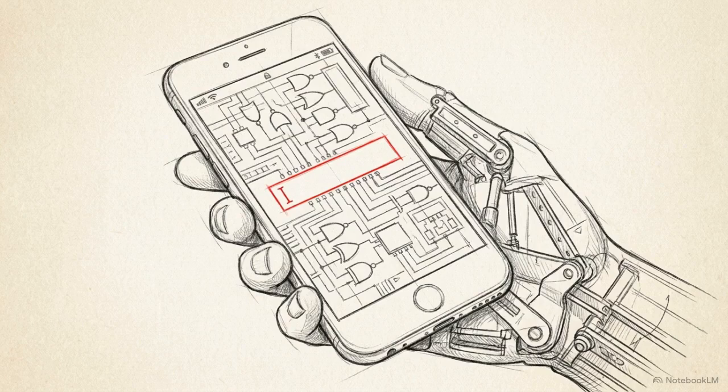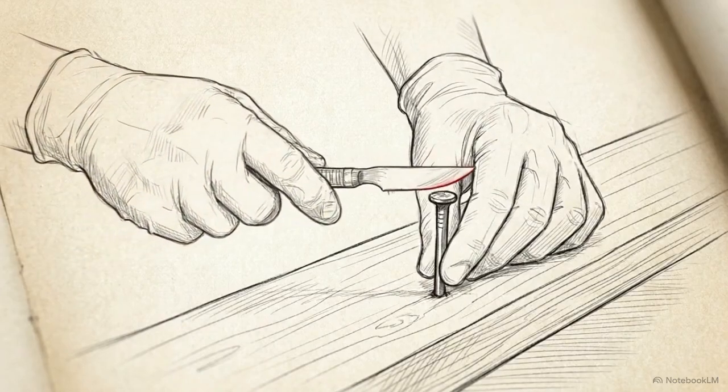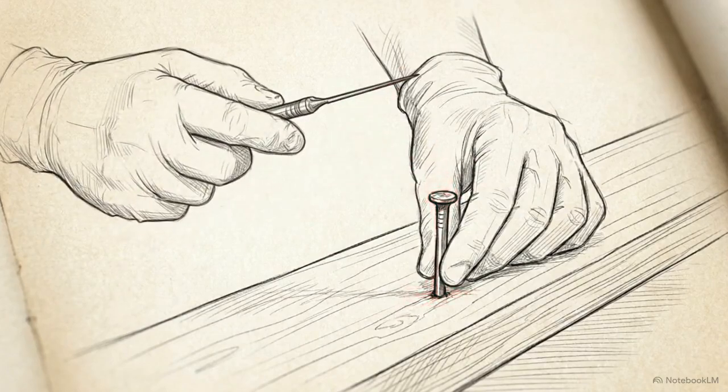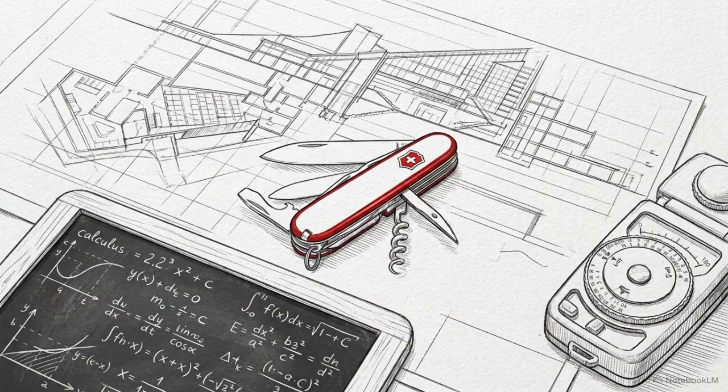We want our technology to be simple. We expect to open a single app, type into a single chat box, and have an AI instantly solve our math problems, write our code, and paint a masterpiece. That expectation leads millions of people to buy one monthly subscription to a giant, all-knowing generalist model. They rely on it for every possible task, assuming the biggest name automatically provides the best result for every specific